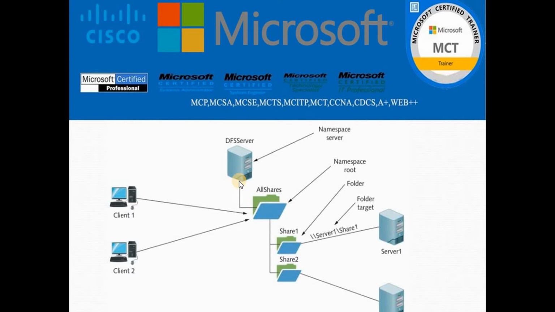That means, in the easiest way, the client now has nothing to do with the main server where the file is located, or from where the client is trying to access the file. So they are going to have some alternate location. In that location, all of the files will be mapped. So rather than going from server 1 to server 2 in order to access any kind of resources, now